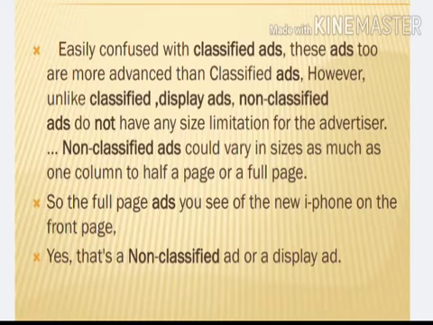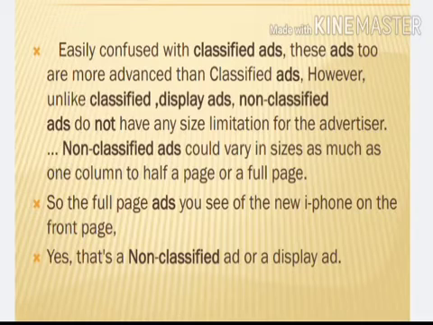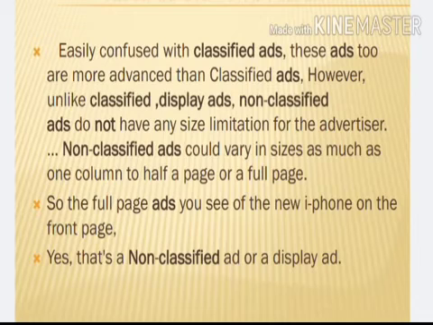Unlike classified ads, they do not have any size or limitation for the advertiser. So you find that these ads vary in sizes from one column to half a page or a full page, say in a newspaper or a magazine.